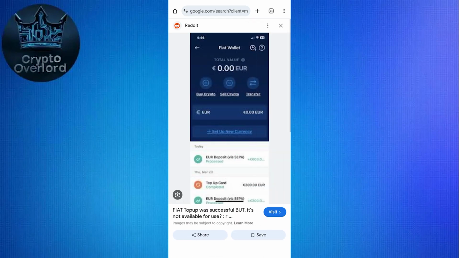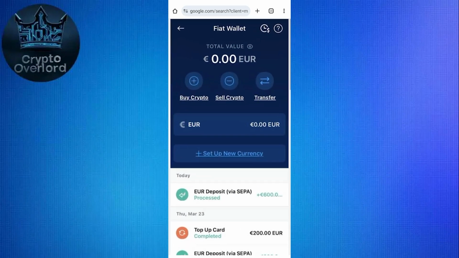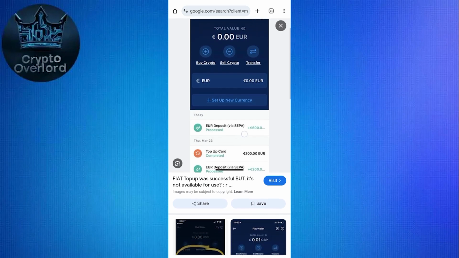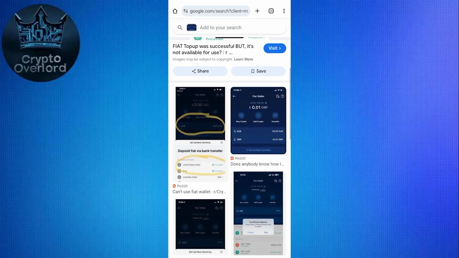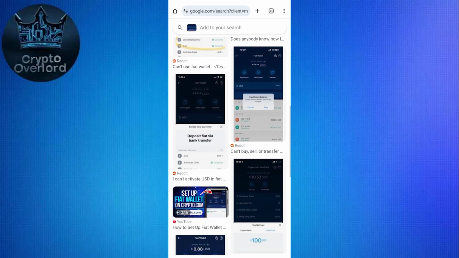After entering your details, you'll need to verify them. Crypto.com often requires you to make a small test deposit or provide documents showing your bank account belongs to you. In some cases, it will automatically link after the information is entered, but if not, you'll be guided through a quick confirmation process. Once verified, your fiat wallet will appear in the app under the Accounts section, showing your chosen